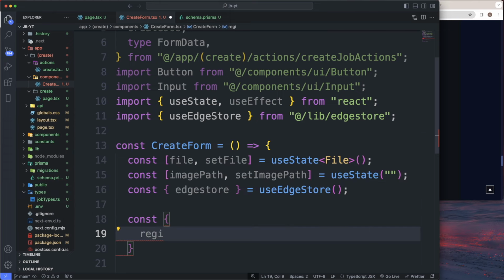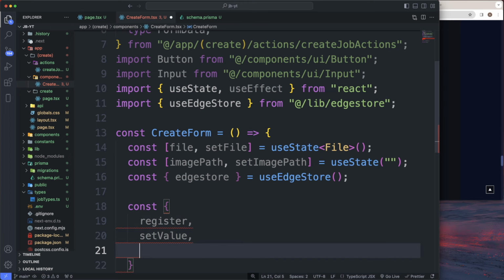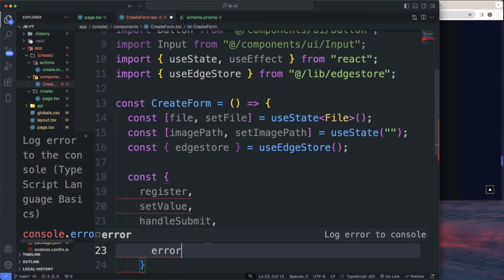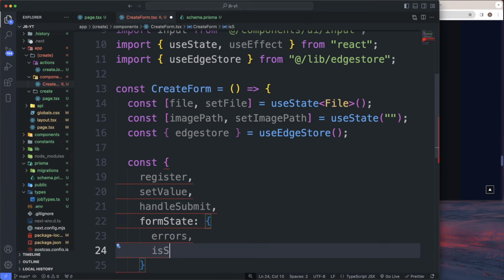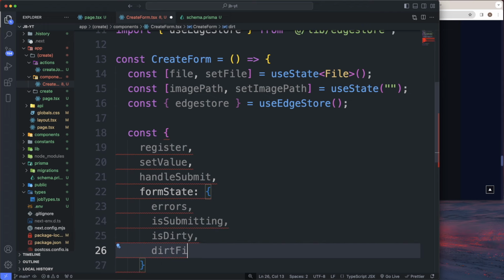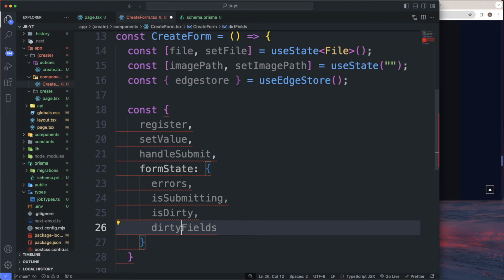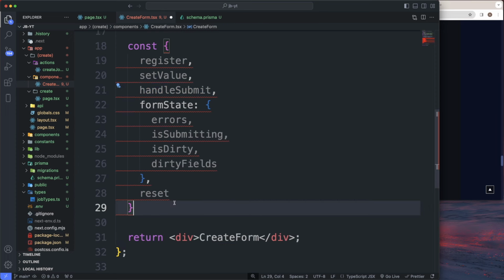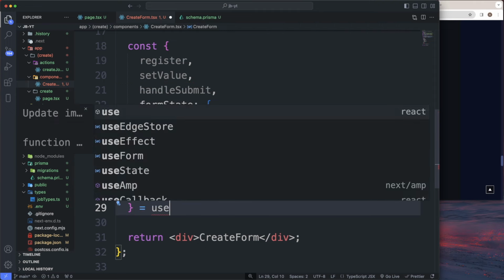So we're gonna use register, const register. I'm gonna do setValue, handleSubmit, comma. We're gonna do formState, and in here it's going to be errors, comma, isSubmitting, comma, isDirty, and then dirtyFields. All right, and then we're gonna do a comma, and then we're also going to take reset as well. Probably should have put that up there. All right, reset, and this is going to equal useForm,